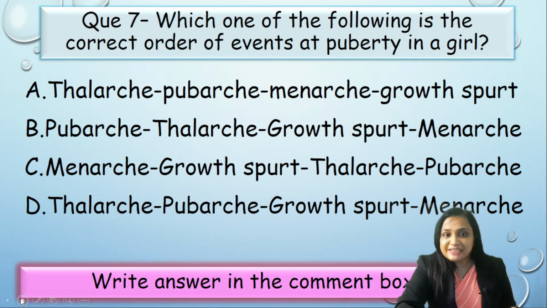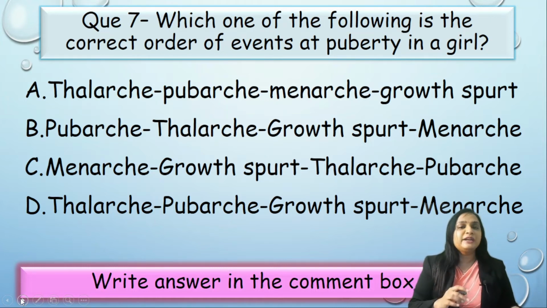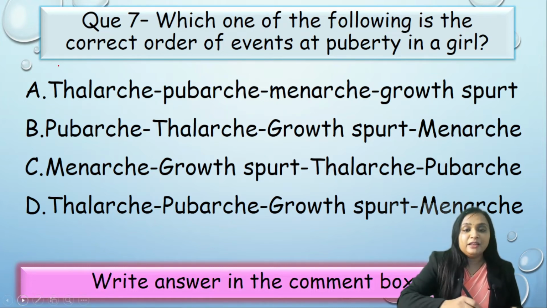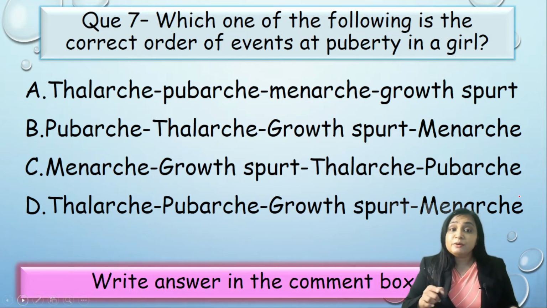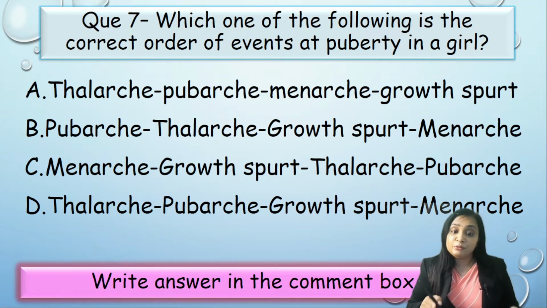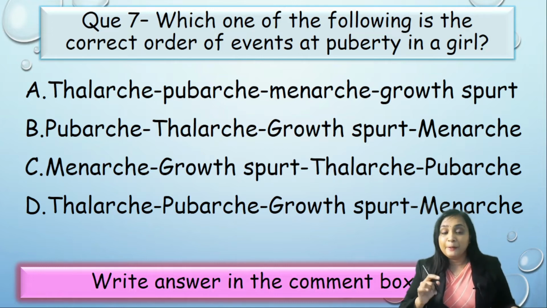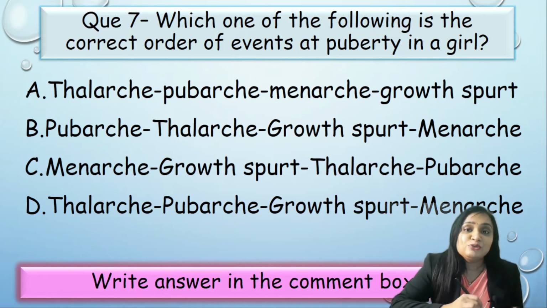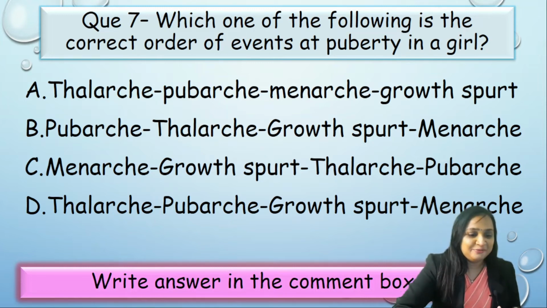The next question is, which one of the following is the correct order of events at puberty in girls? We need to write the order. So A, thelarche, pubarche, menarche, growth spurt; B, pubarche, thelarche, growth spurt, menarche; C, menarche, growth spurt, thelarche, pubarche; or D, thelarche, pubarche, growth spurt and menarche. Just remember that one slide and you will be able to crack this MCQ easily, quickly and